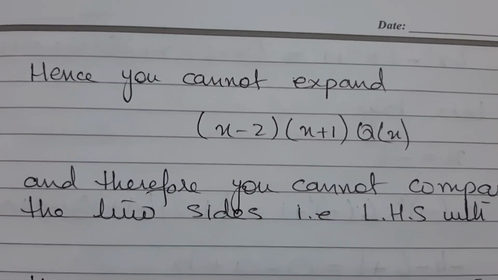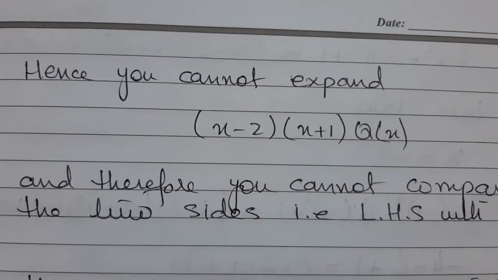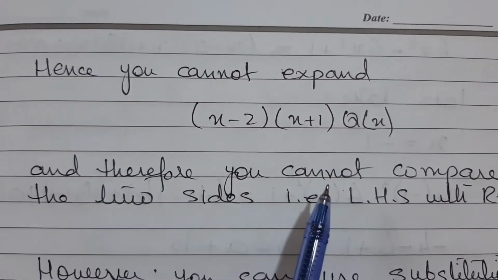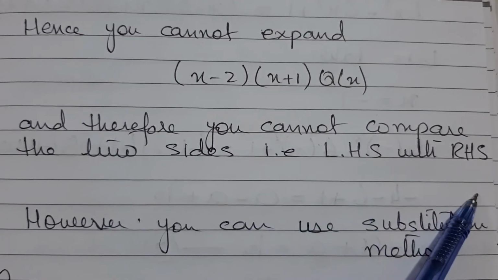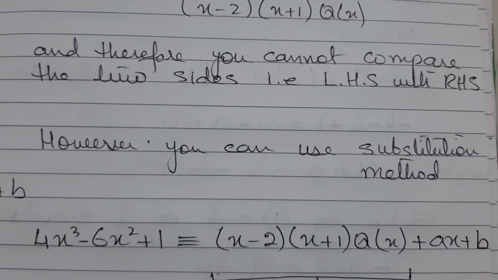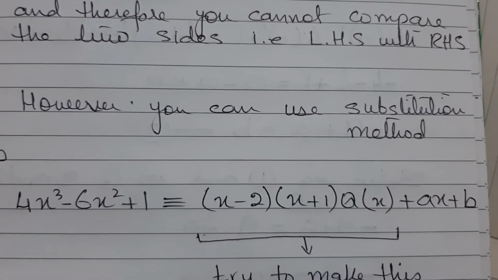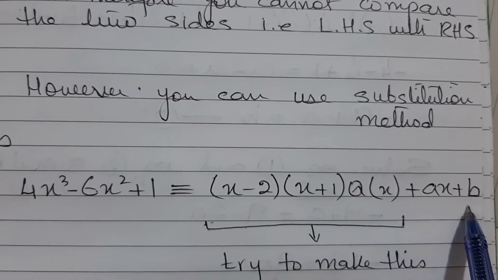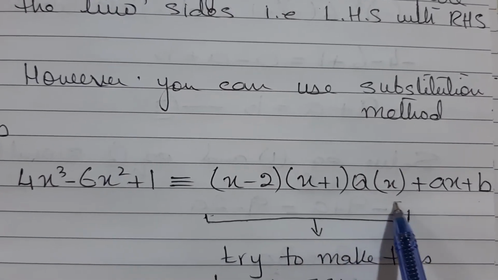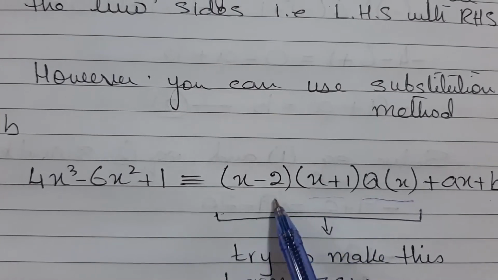So here I have just written once again to explain that since you cannot expand this term and you cannot compare left hand side and right hand side, you can use only the substitution method. Now why the substitution method? There are two unknowns, a and b, so you need two substitutions. Now if you see here, whatever the term is here, this term and this term, they are all